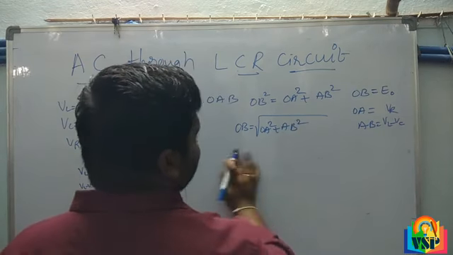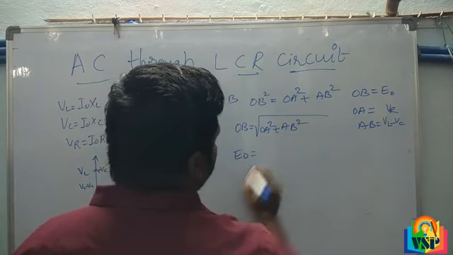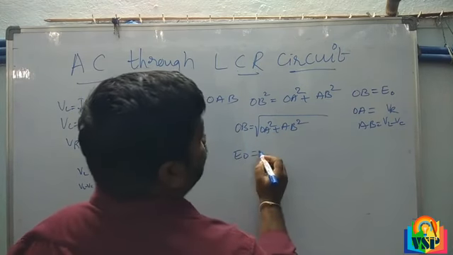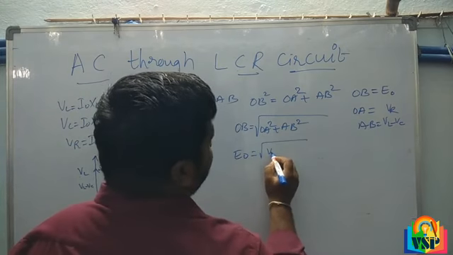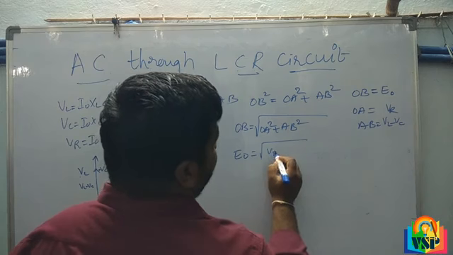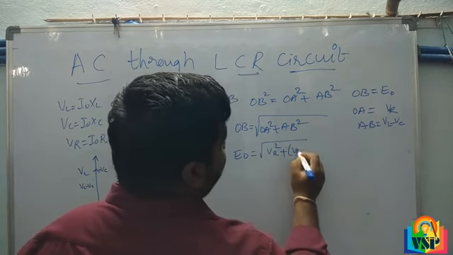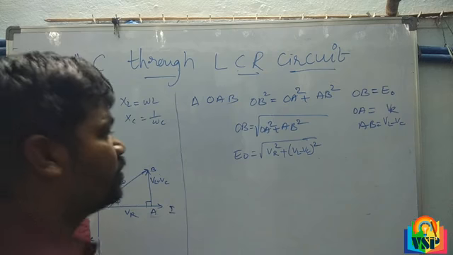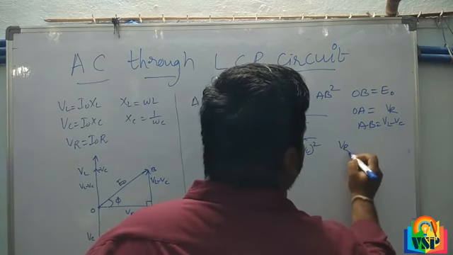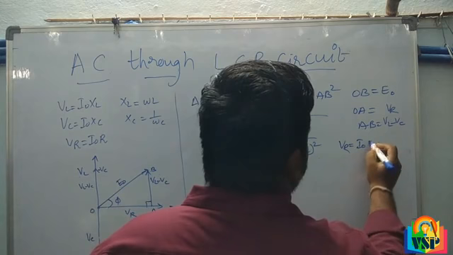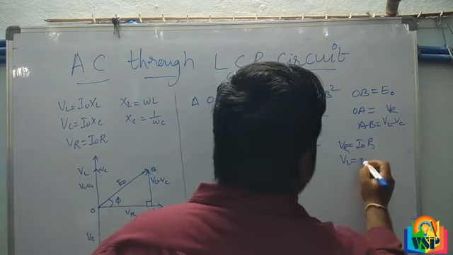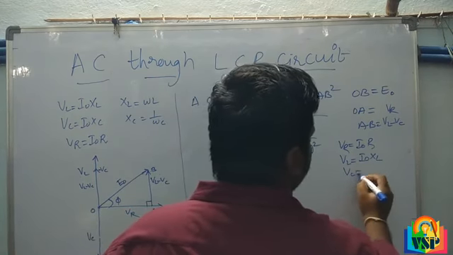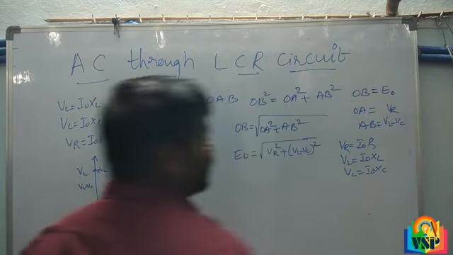Okay, OB. What is OB? E0. E0 is equal to root of VR square plus VL minus VC whole square. Understand? So then we know that VR is equal to I naught R, VL is equal to I naught XL, VC is equal to I naught XC. Okay, by using that,